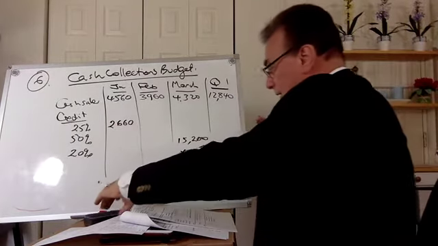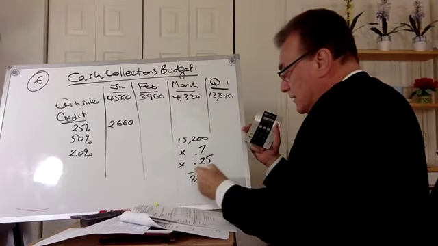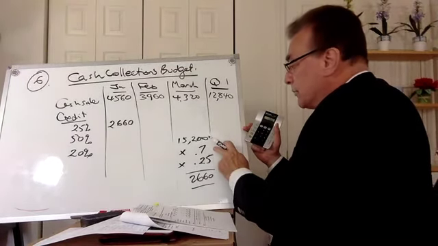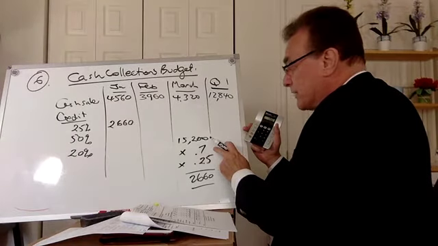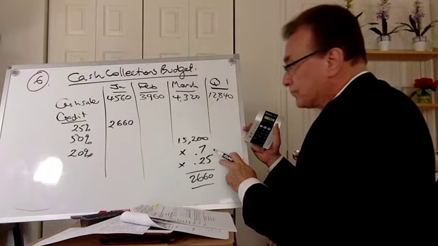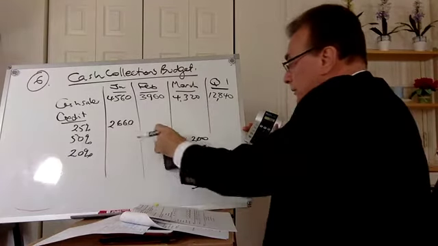Okay, 2660. 15,200 is January sales. 0.7 is 70% credit sales. 0.25 is the credit sales you collect in the same month. Now, when it comes to